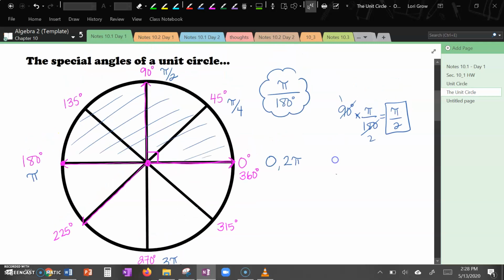So each of these will be 1/4 of pi as I work around the circle. So this is 1/4. Up here at 90, this is 2/4. 2/4 is the same thing as pi over 2, so I don't need to write that down. This one must be 3/4 pi, which makes sense if you understand fractions, right? This is 3/4